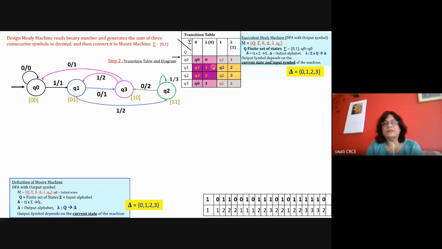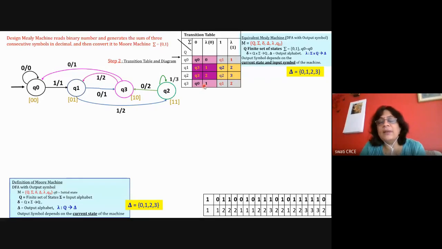Now you observe the table. What is the procedure to convert it to a Mealy machine? From this table, you need to find the table of the Mealy machine and then draw the diagram. Observing this table, I see Q0 appears two times: the first time it is Q00, and the second time Q01.